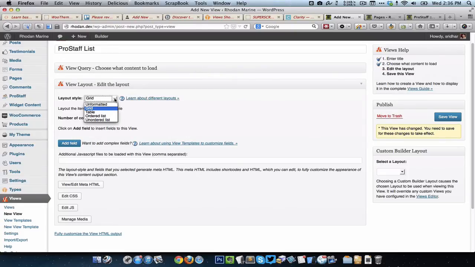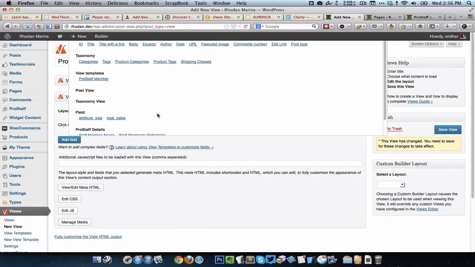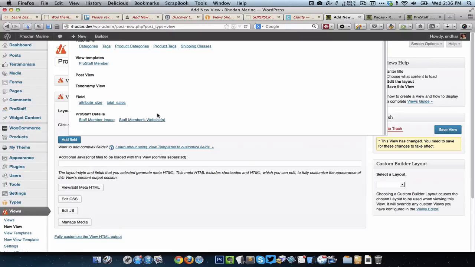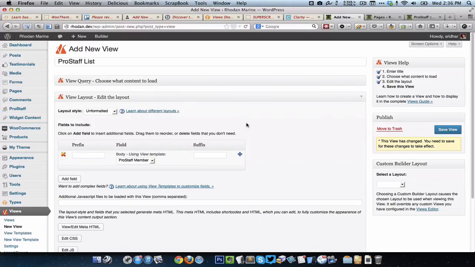So I'm going to set this to unformatted and click on add field. And in this add field, we can see that the view template that I've created earlier, Pro Staff Member, is shown. So I'm going to click on that.